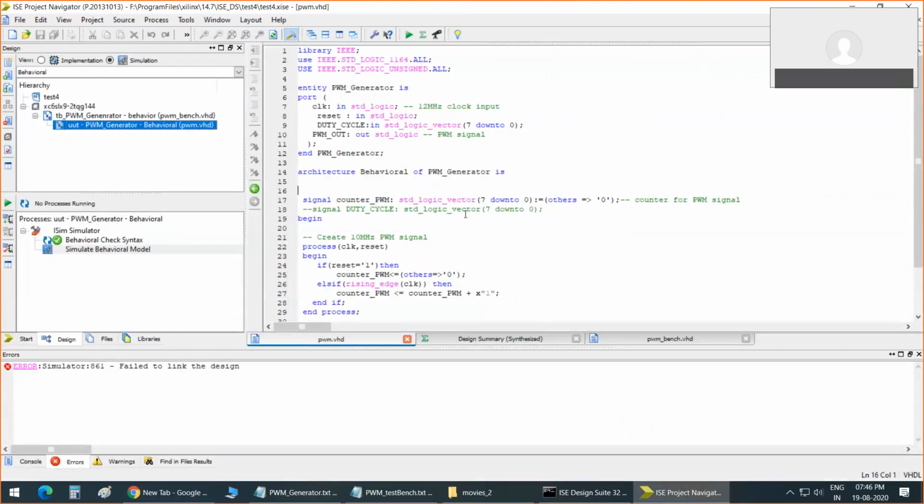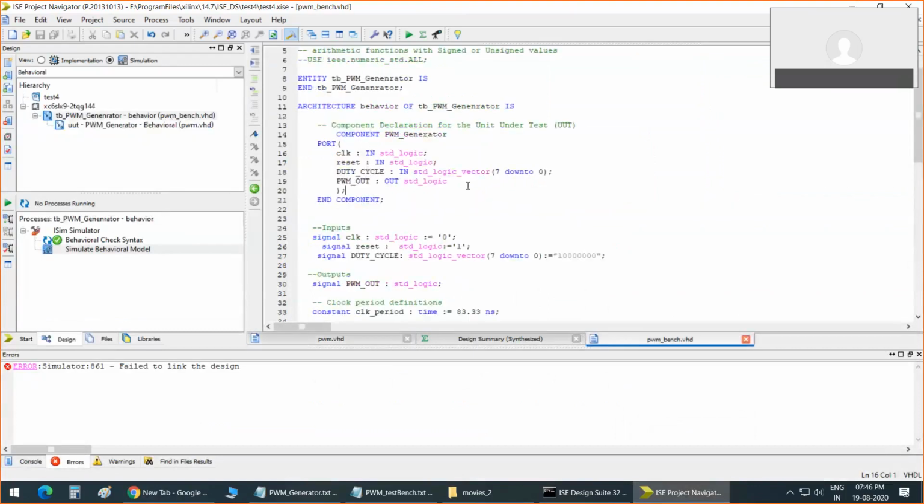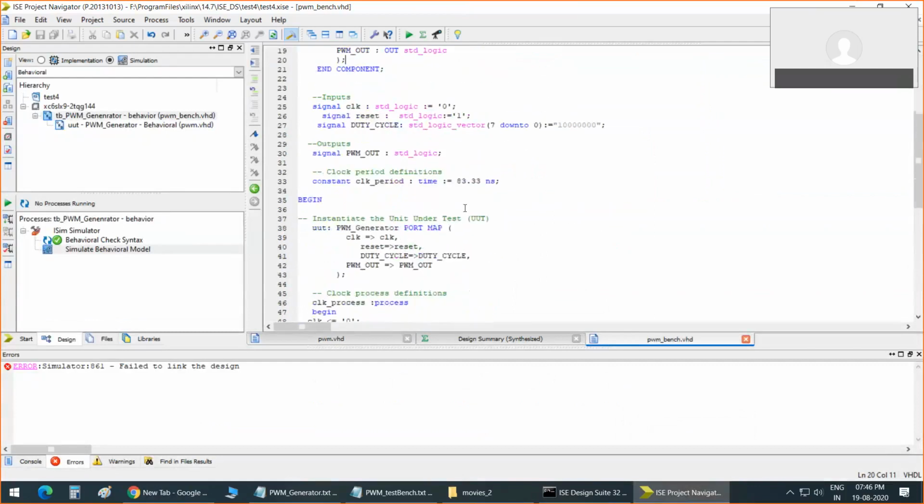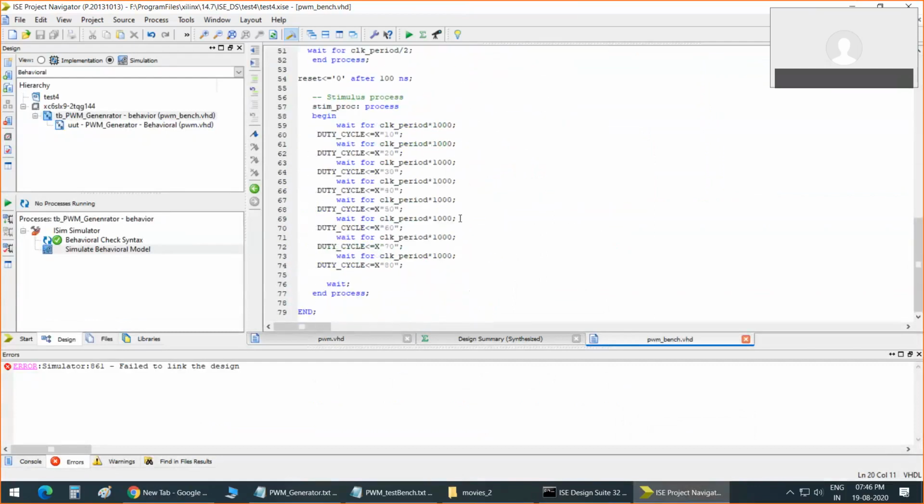Can you see the screen now? Yeah. So now you see the TB upper one. Yeah, this one. Clock period 2.